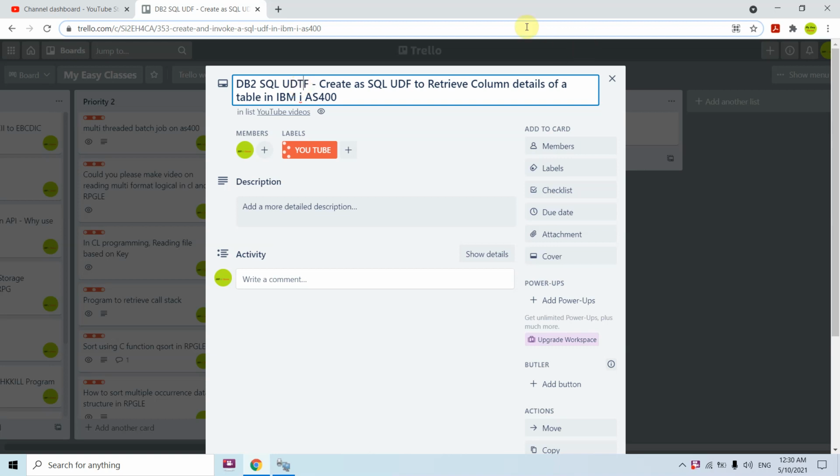We are creating a table function to retrieve column details of a table in IBM AS/400. Basically I will write a UDTF which will retrieve the list of columns, their type, length, and other details.